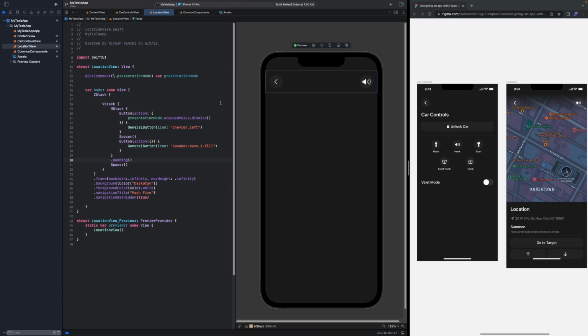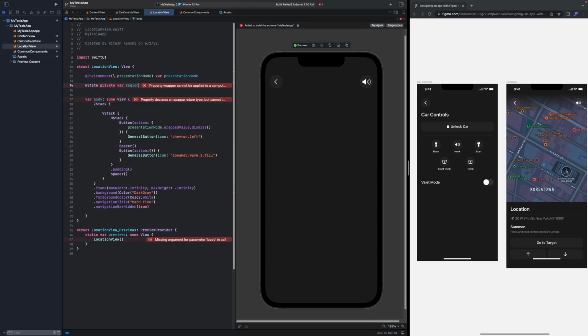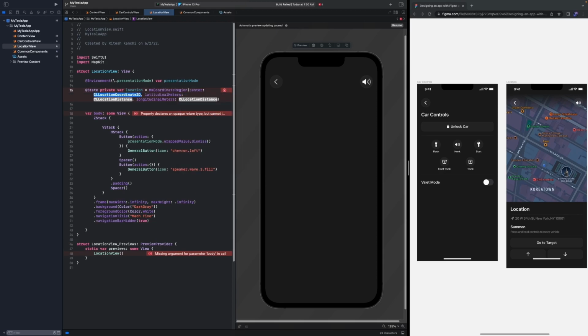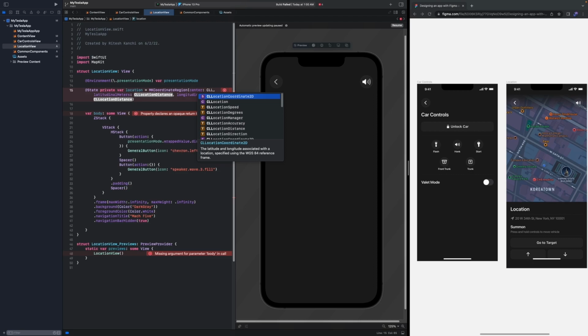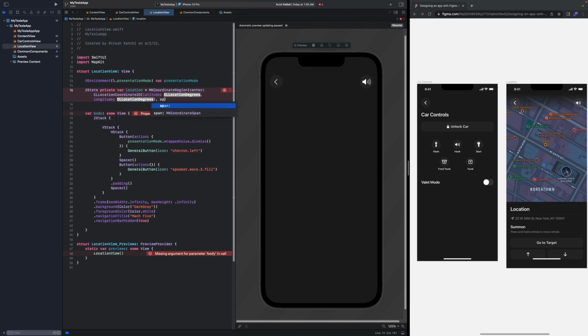All right. So what we're going to do is we're now going to add a map view, which will be kind of interesting. So what we're going to do is we're going to create a state first that controls where our view currently is. So private var region, not even region, I'll just do location equals MKCoordinateRegion. I think I have to import MapKit right now, so let me import that. MapKit, there we go. Okay, MKCoordinateRegion. And we're going to have a few different values. We're going to have a center, and the center will be a CLLocationCoordinate2D with its own latitude and longitude. And then, let's see, we'll also need a span,